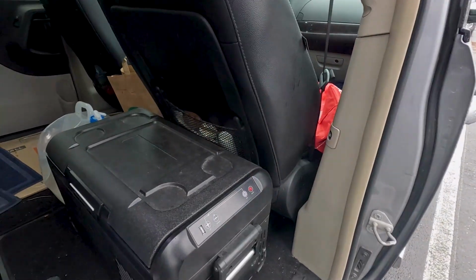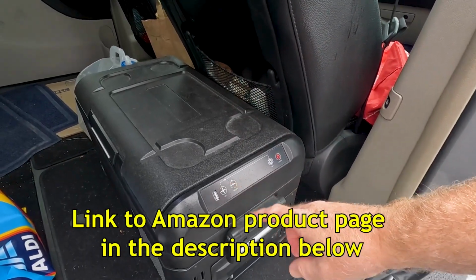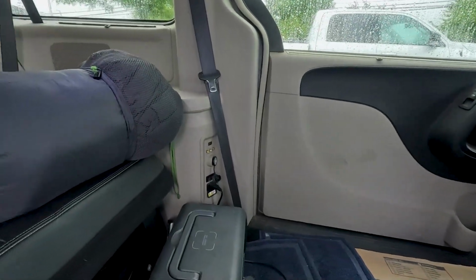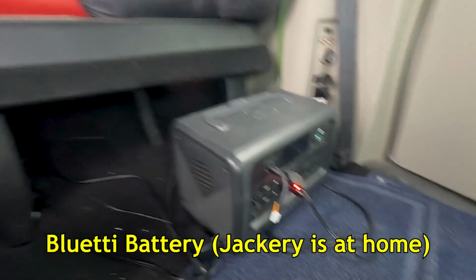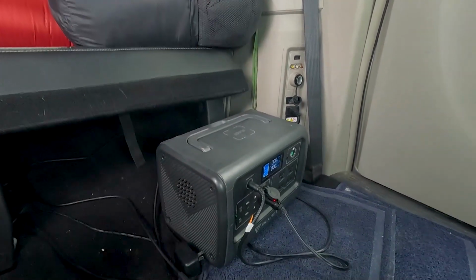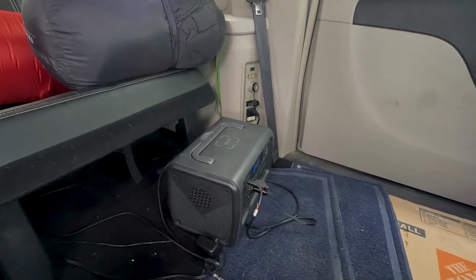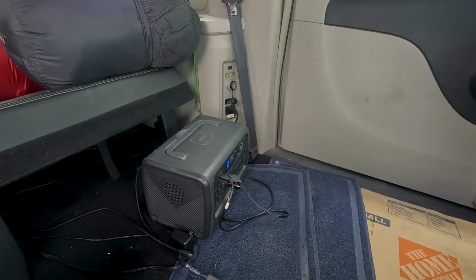This is called a Wolf Box cooler. It's really a refrigerator. You can turn the temperature up and down. I have a 110 volt plug in my car, but I also have this Jackery battery. The battery is plugged into the wall there, into the car. Once it's fully charged, the battery keeps the fridge going for 2 days. So you could just have this battery in the house and then carry it outside. It weighs about 20 pounds, 25 pounds, and